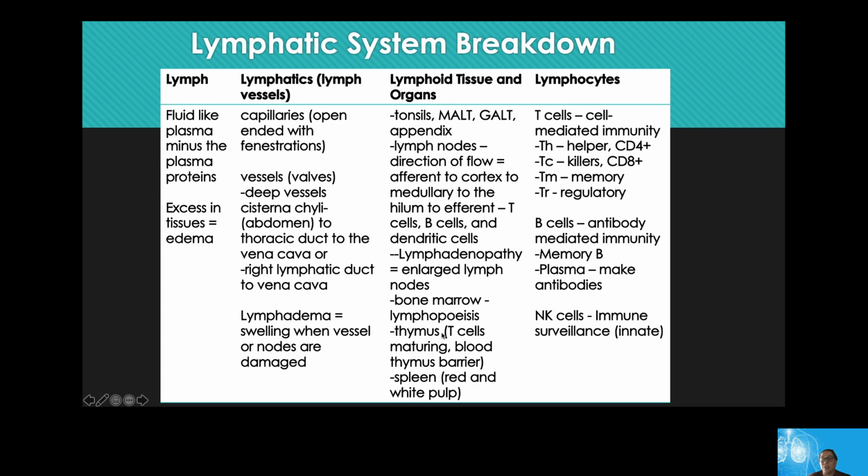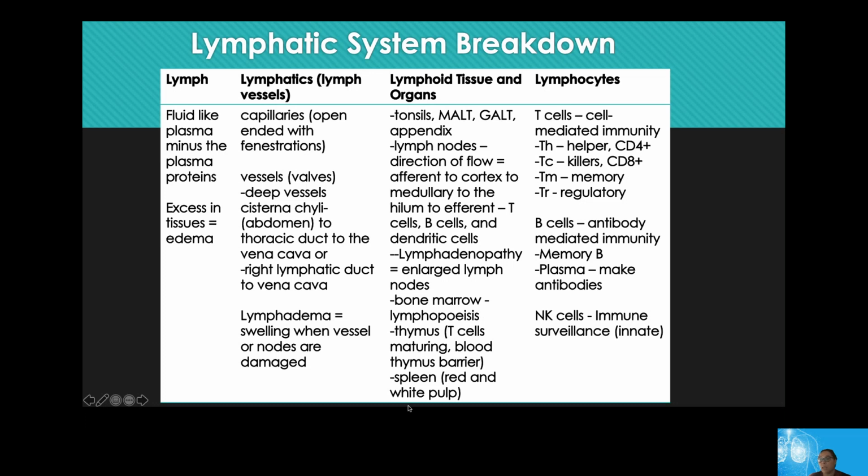The thymus is actually the site of T cell production or T cell maturation as well. And in order to ensure that the T cells are fully mature, they are actually stored in the thymus and maintain a blood thymus barrier before they are released. Once they are mature enough, they get released into circulation, and T cells are actually circulated in the highest amount of all lymphocytes. So T cells are the ones that are circulating the body at a higher frequency than any